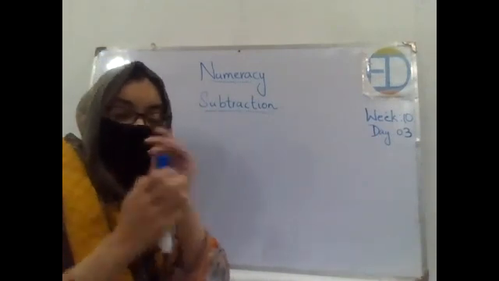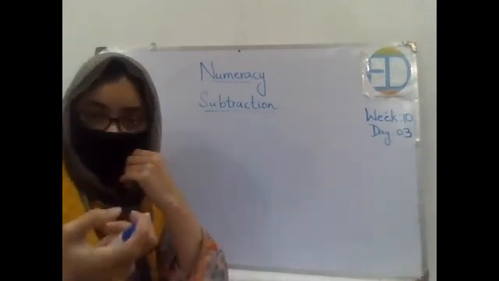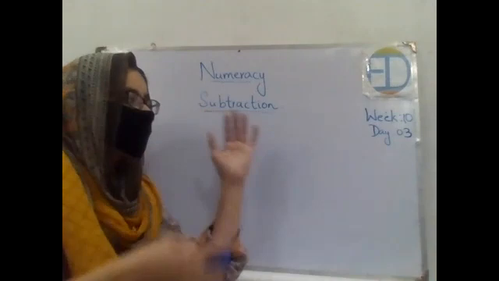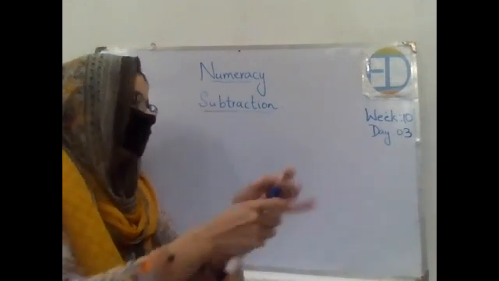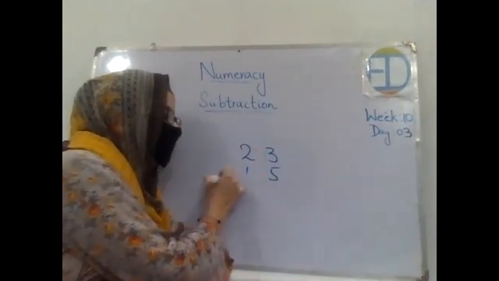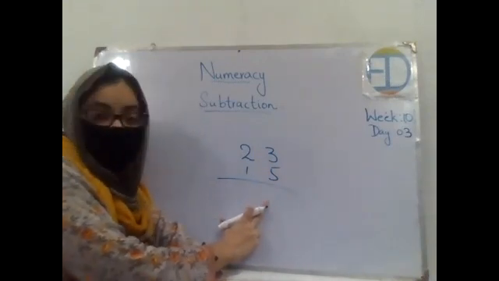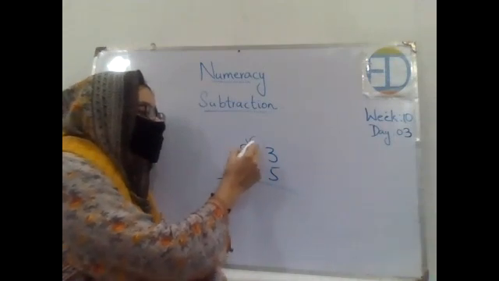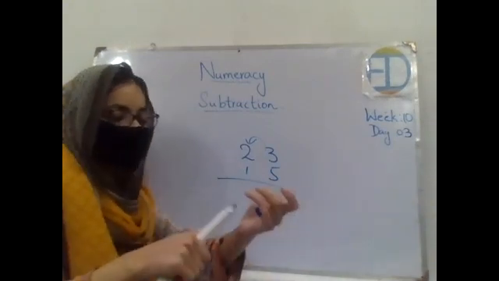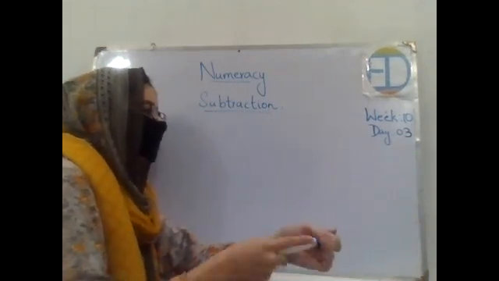Similarly, when we are doing subtraction, we borrow numbers from the next column. This is known as subtraction with borrowing, right? So we will practice how we can borrow a number from the next column. Now the numbers are not physical. We cannot ask a number. Let's say 3 is written over here and you are supposed to subtract 5 from the 3, but this is not possible. So 3 cannot ask, can you please lend me one number? No, this doesn't happen. You will be solving it, right? So let's see how we will be doing it.